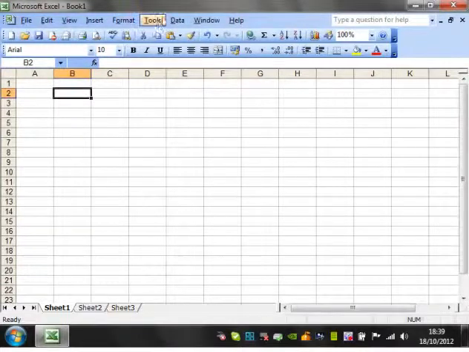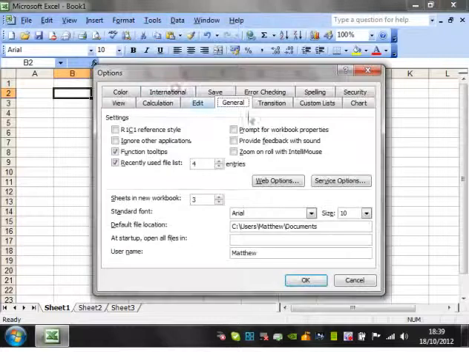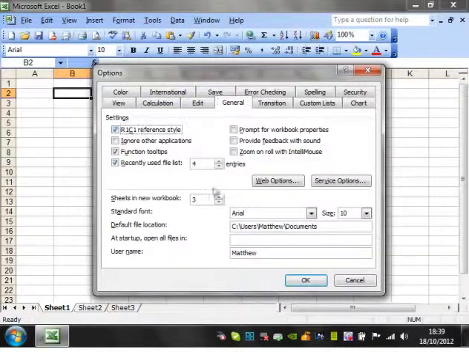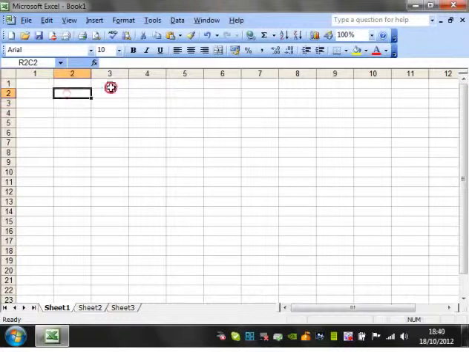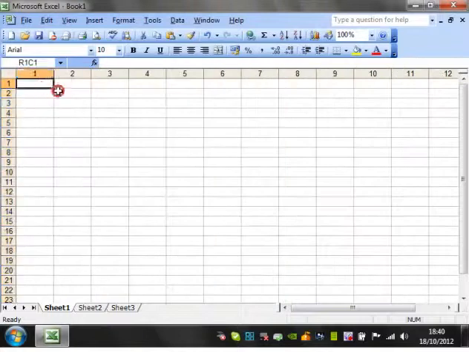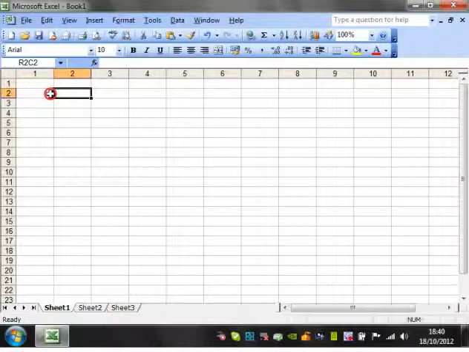It's within the options in Excel. You get to Tools, Options, and then you'll need to select General from the top here. You'll normally be on View to start off with. Click on General, and then R1C1 Reference Style, and then this is going to, as you probably noticed, change the column letters to numbers. So instead of referencing letters, you're going to reference numbers all the time. This is quite useful